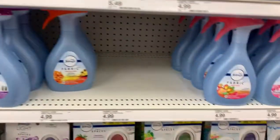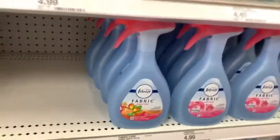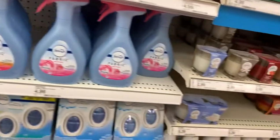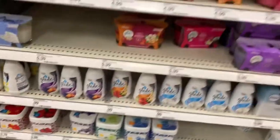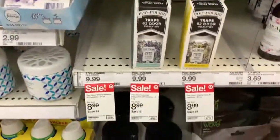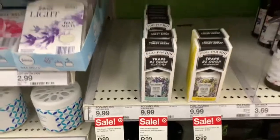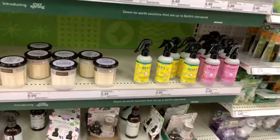And then this Febreze, the one with the Gain Island Fresh scent, that smells heavenly, you guys. If you don't have that, try that. It's good to spray on your curtains, your furniture, all of that good stuff. And don't forget your poopery as well, ladies. But yeah, I'm just browsing, so have a great